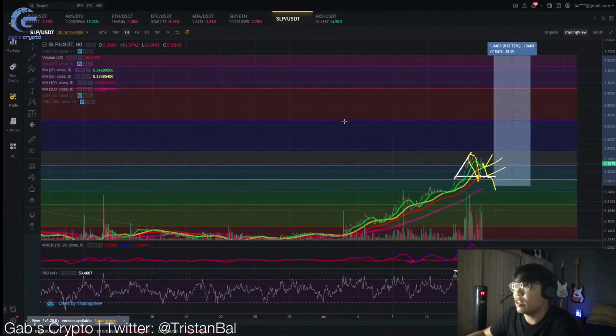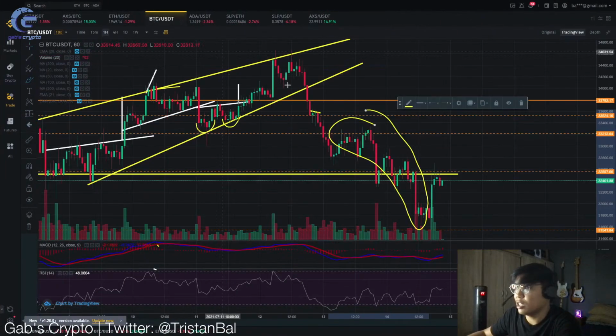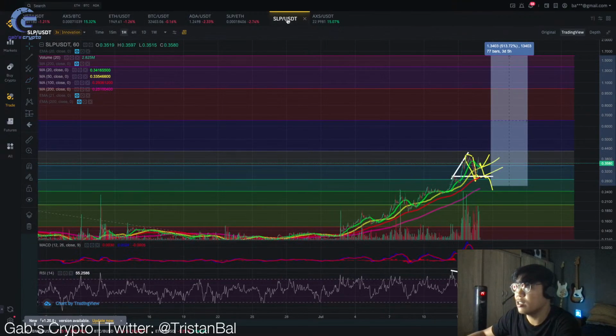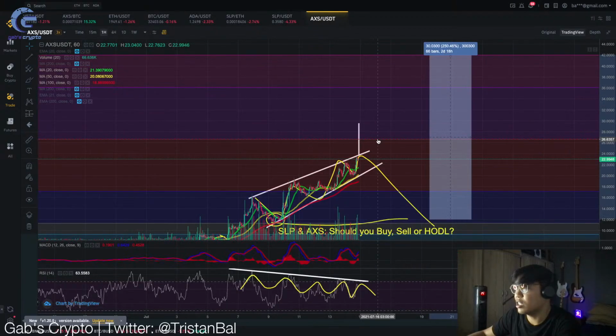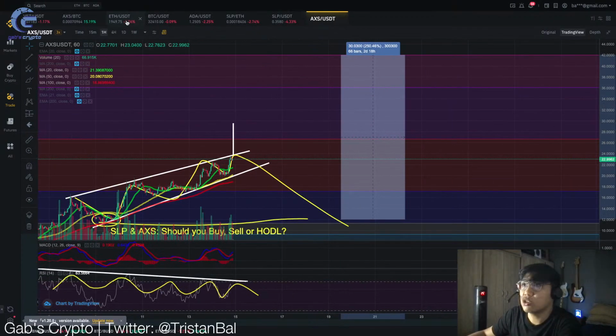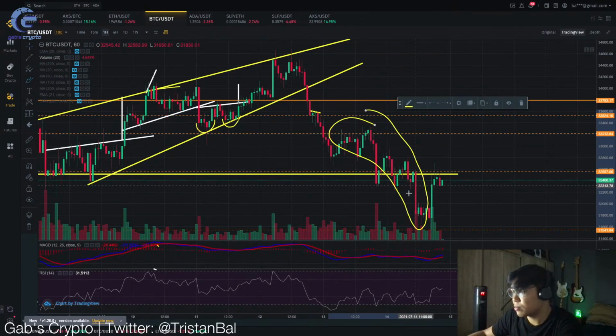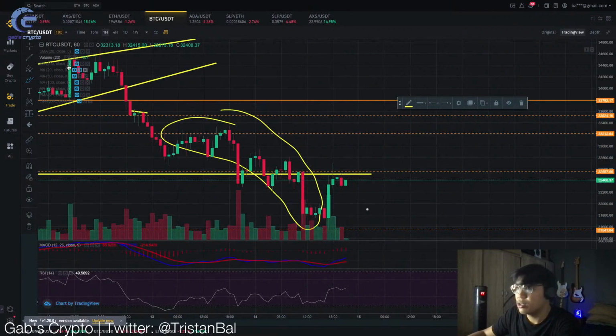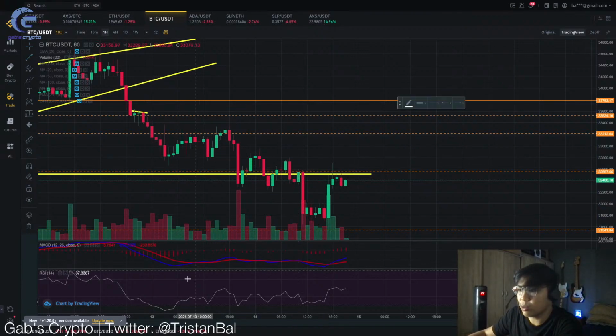Now, let's look at the Bitcoin short term naman kasi alam ko marami sa inyo ang kinakabahan ngayon sa price action ni Bitcoin kasi of course it will affect the whole market, especially kay SLP and kay Axie Infinity token. So now let's look at the Bitcoin short term. So for the short term, nakita tayo actually ng bullish divergence for the hourly. So gawa tayo ng trend line.